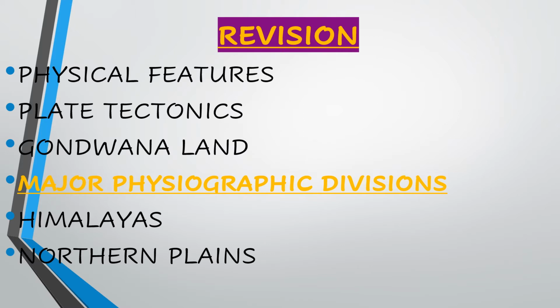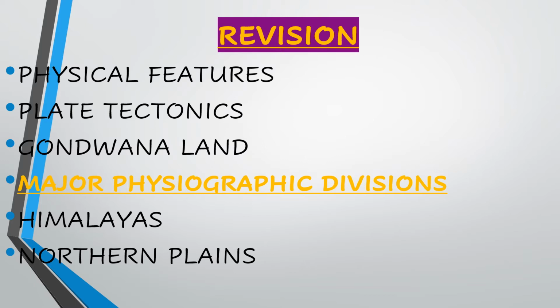Now, when the positive plate comes with the positive plate, the earthquake occurs. Okay, so what happens over here is this plate tectonics was being studied in a more detailed manner by our earth scientists. Clear? Now, due to the activity of the plate tectonics that is happening beneath the earth, that is in the lithosphere section, because of that activity, there is emergence of varied physical features upon the earth.